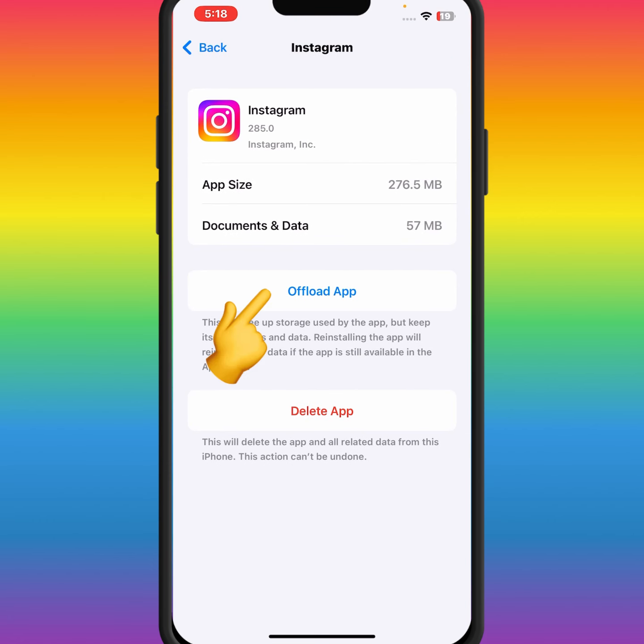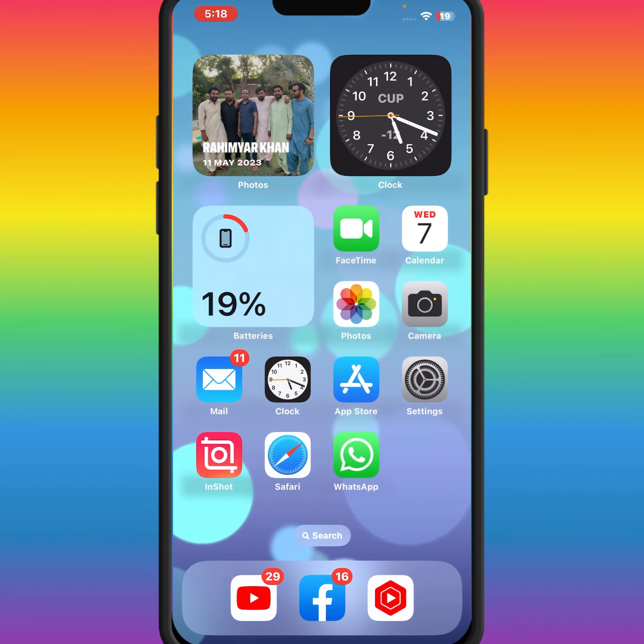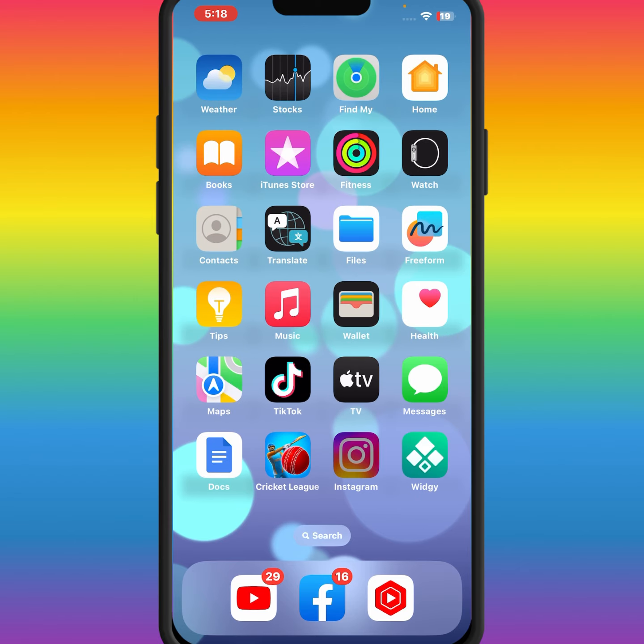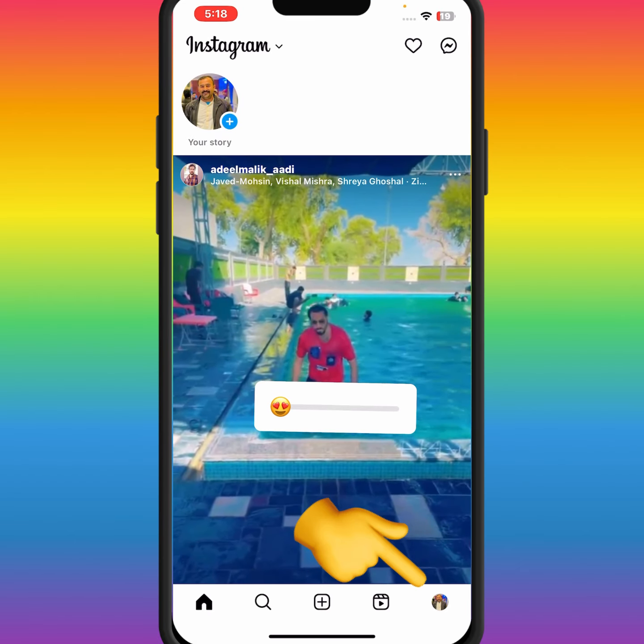What you need to do is offload your Instagram app, and after that install the old version of Instagram, and after that check whether the problem has been fixed or not. If the problem is not fixed, then go back, open your Instagram app, then tap on the profile icon,